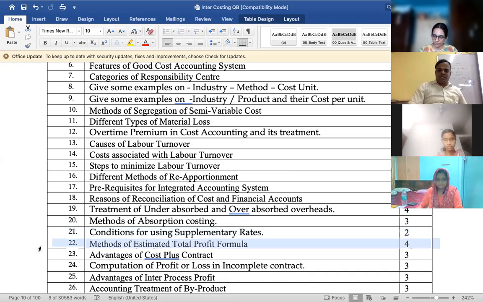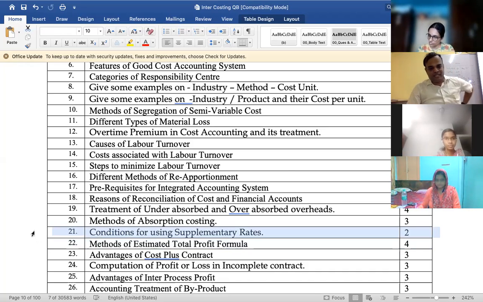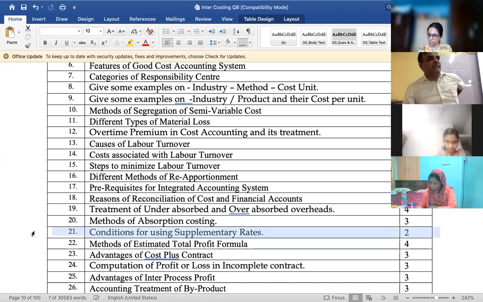22nd question, methods of estimated total profit. I have not recorded it now. ETP formula and all. Before that, the 22nd question is not relevant now. You can remove it. The various ETP formulae are not applicable for the exam. Then, condition for